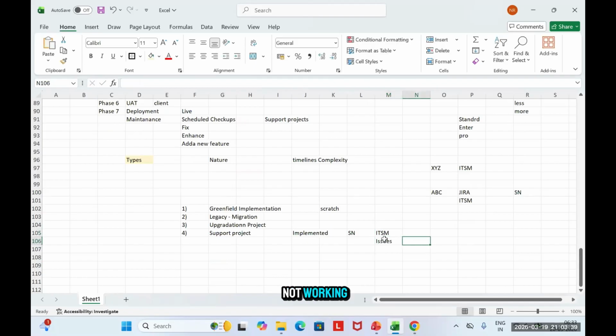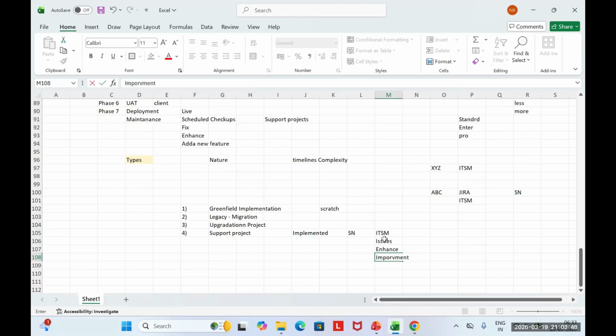Maybe something is not working, or you want to enhance it, or you want to bring in improvement plans, or maybe you want to bring in automation. You want to add an analytics layer over it, or you want to bring in Gen AI use cases.